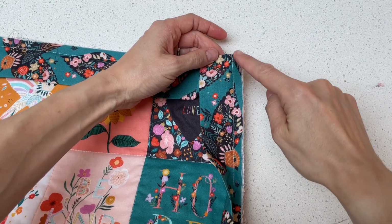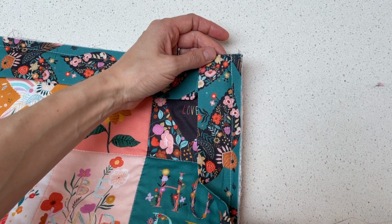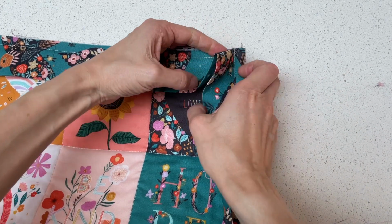And then this time when you come to sew it, you need to sew from the very, very top edge all the way down to the next corner, stopping 1/2 inch before that next corner of the quilt. And you just repeat that on all 4 corners, and then when you get back to where you started, you'll just have this little gap with 2 loose ends of your binding that then need